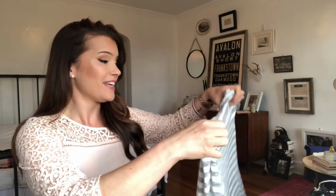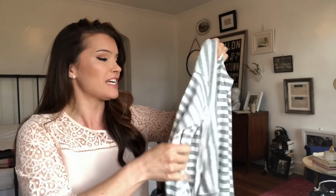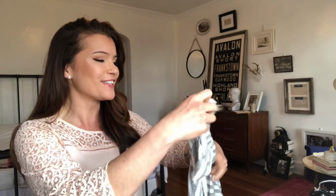Oh my gosh, this next thing, you'd think this is the world's greatest piece of clothing, but okay, so I saw this. It's a striped knit hoodie. I am so in love with this. I have been desperately looking for lightweight knits to wear on a cooler spring day when I just want to run errands or I need to walk the dog. And strangely enough, I have hardly anything in my closet that remotely resembles what I'm talking about. So I saw this and I fell in love,